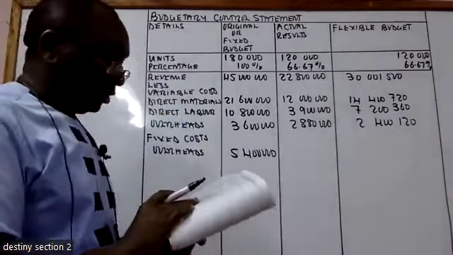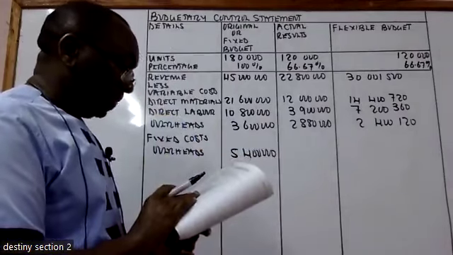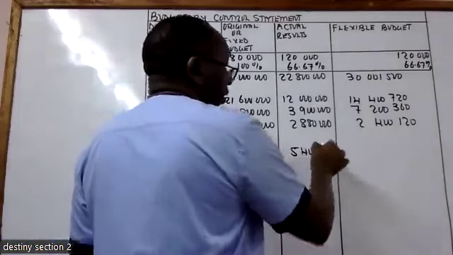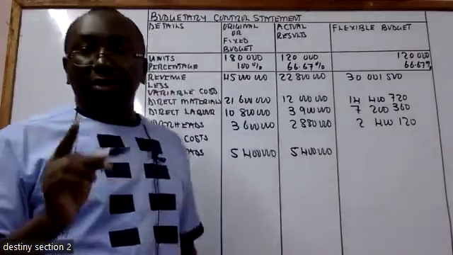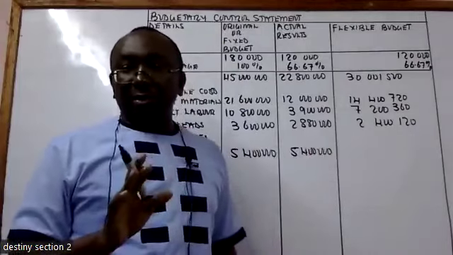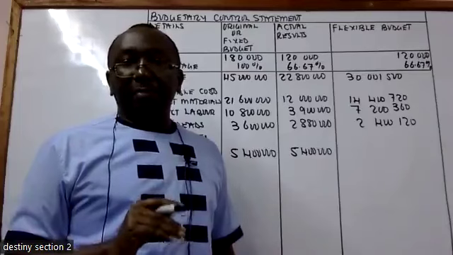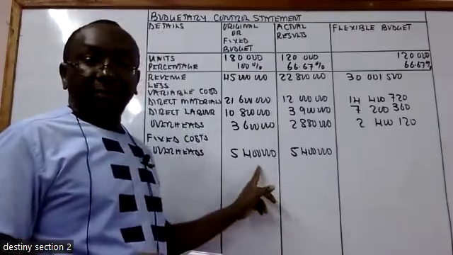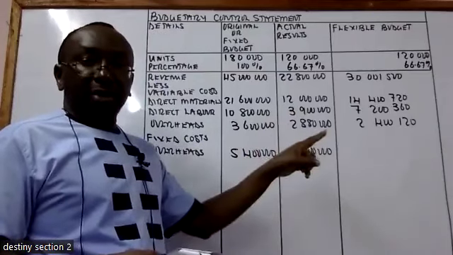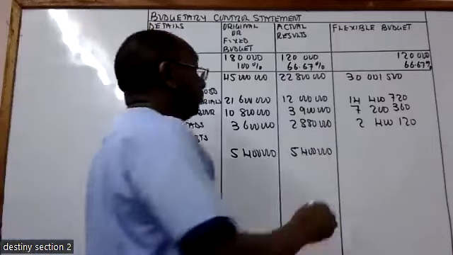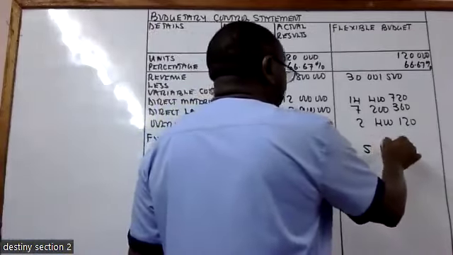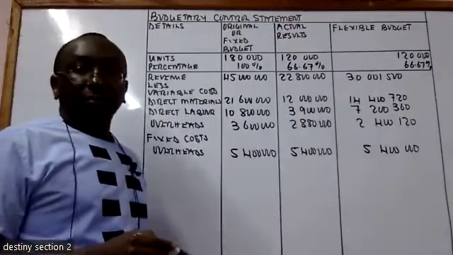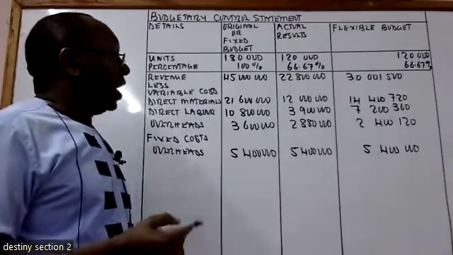Ukienda kwa the actual results, it turned out to be also 5.4. Now the fixed overhead do not change. So those ones, you don't multiply by the percentage. You just take it as it is in the original budget. You just take it to the flexible as it is in the original budget. So this one, we bring something like this. That way. So with that,